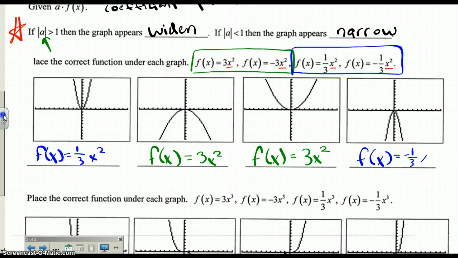Okay, so these are the types of questions you'll see in terms of a coefficient other than 1 out front. You've got to figure out, what do we know about it? Does it widen? Does it narrow? And is it reflected over the x-axis? So what I'd like you to do now is please finish with number 9 on this backside, the last multiple choice question,